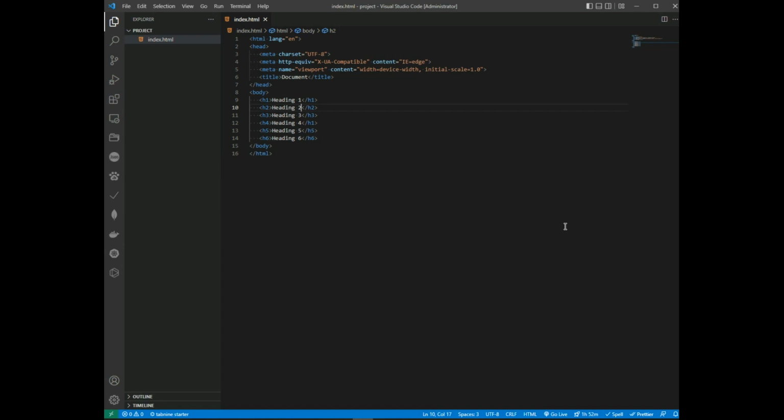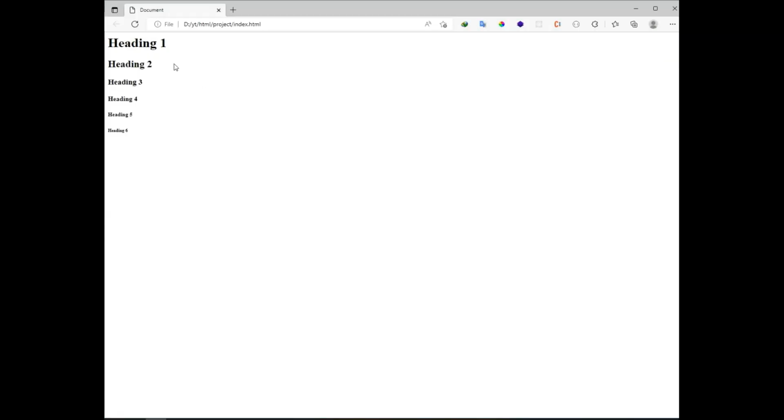Note, browsers automatically add some white space or a margin before and after a heading. This space,